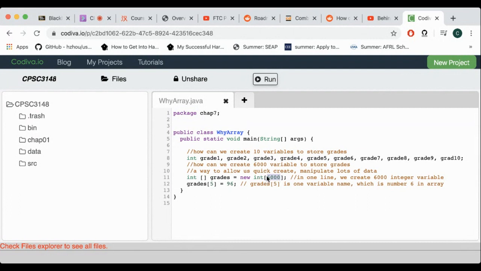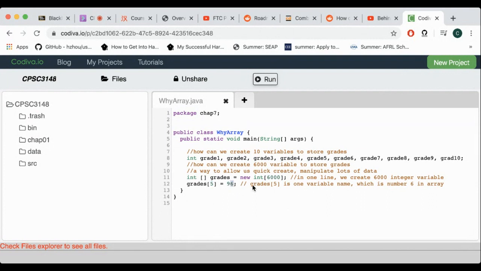Once we give the number, in just one line we create this many variables. Each variable name is the grade name plus the index, so we can store whatever values there, and do all different kinds of calculations, searches, and